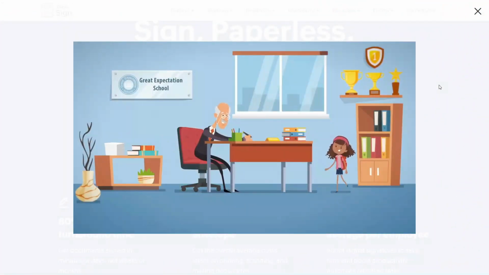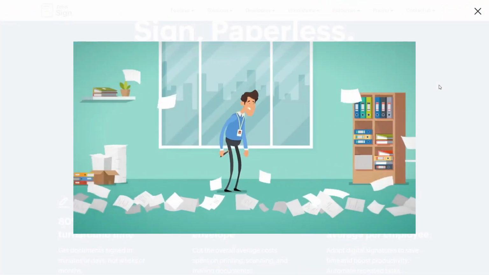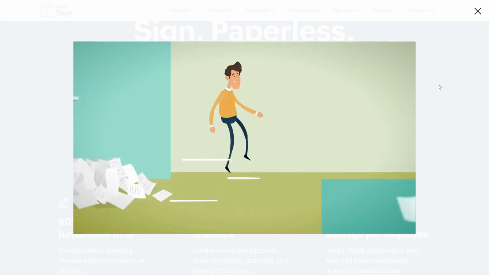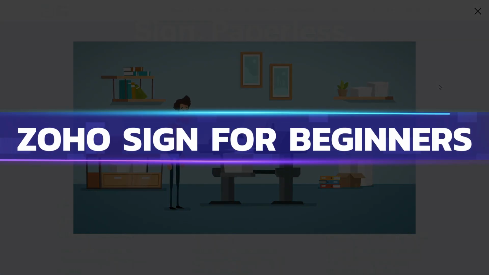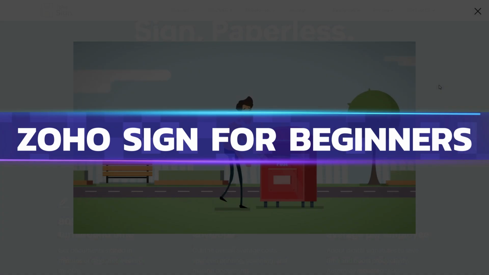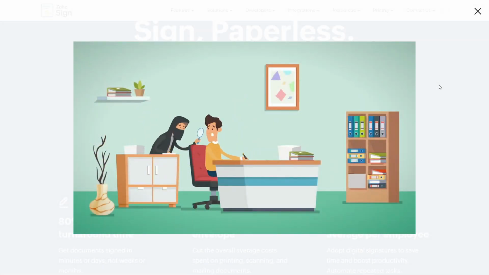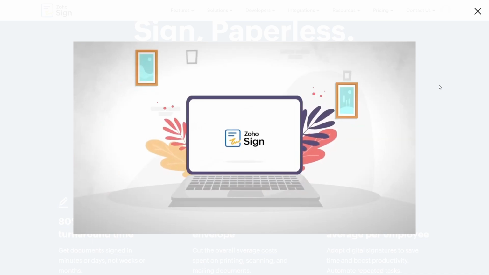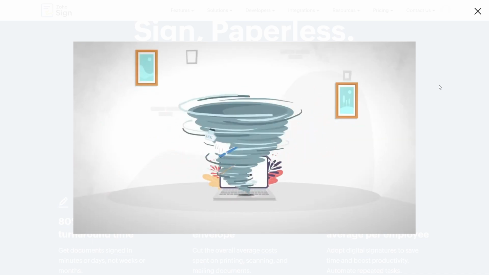Whether you're managing contracts, onboarding documents, client agreements, or simply trying to eliminate manual paperwork once and for all, Zoho Sign has everything you need to streamline the entire workflow. We are diving into Zoho Sign, the powerful digital signature app that makes signing and sending documents fast, secure, and